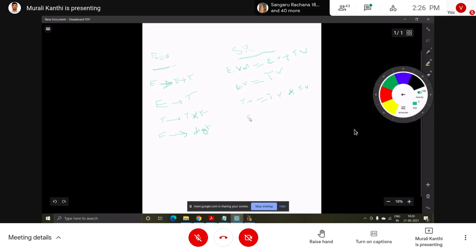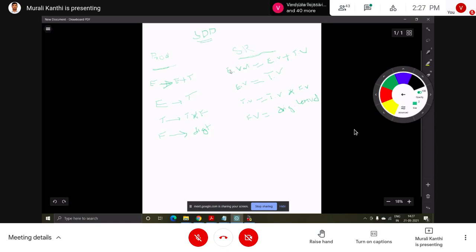Your F dot value equals digit dot lexval. So this is a grammar, that means productions with semantic rules. This is an SDD, syntax directed definition.